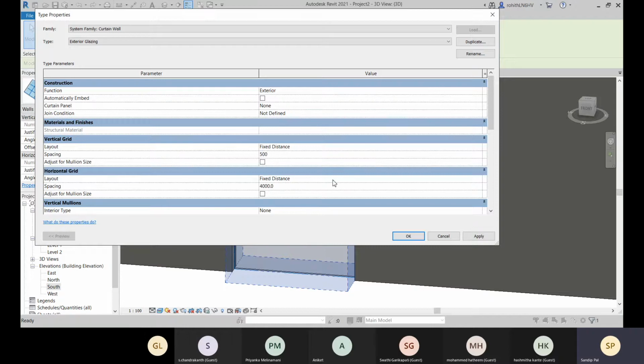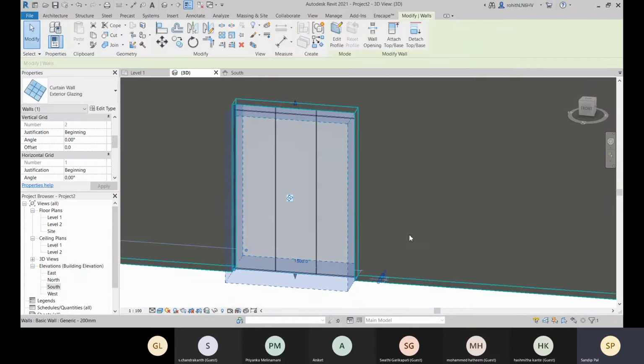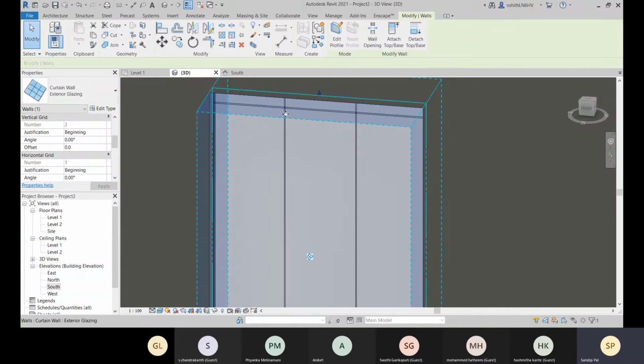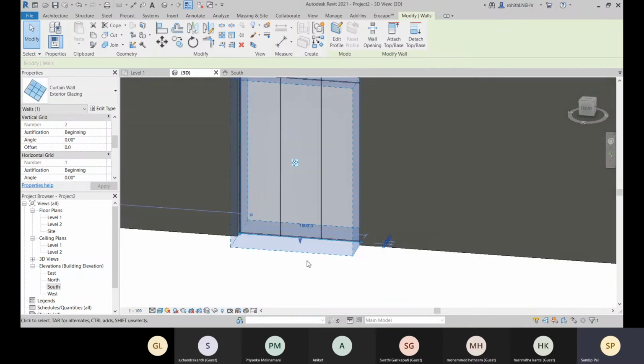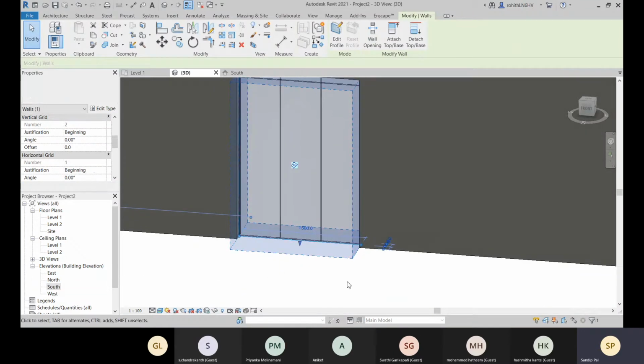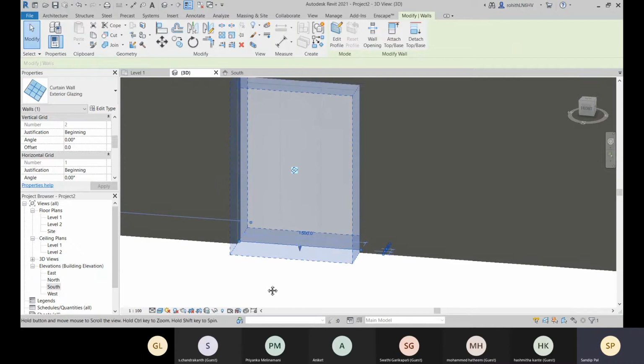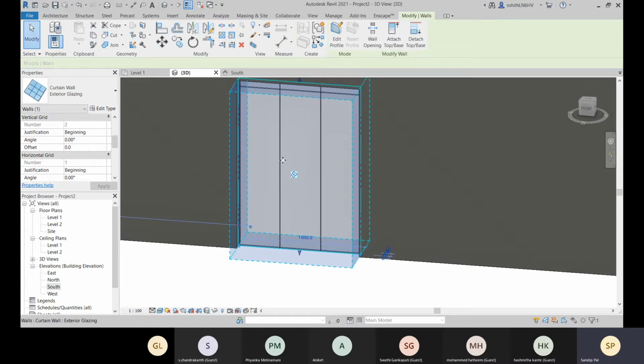And about horizontal grid, let's specify fixed distance, and click on apply, and okay. Here you can see that we have specified the distance as 500, so that's why it can complete only this 500.